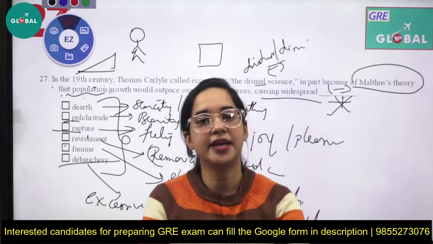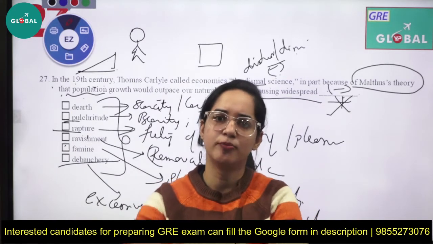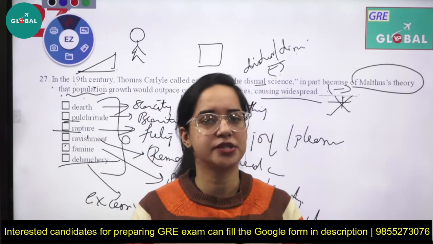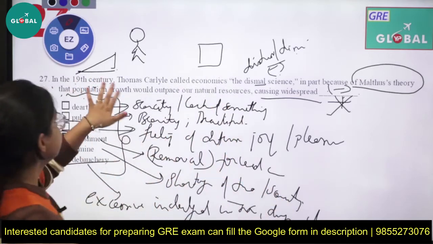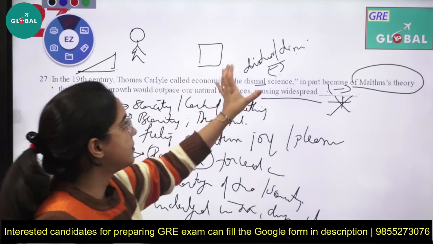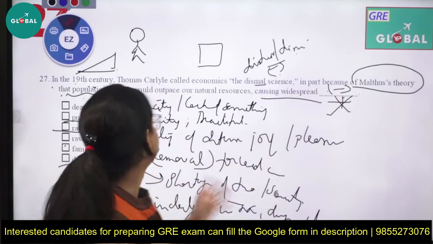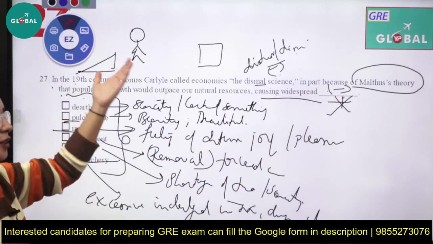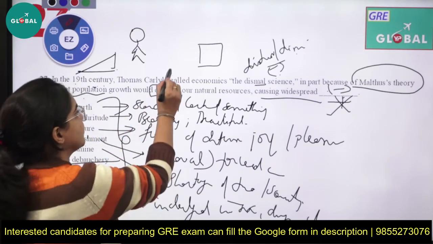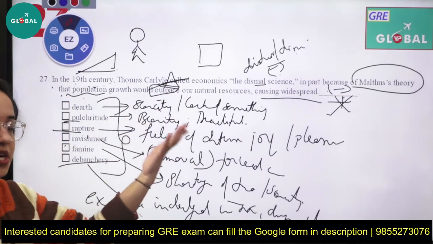हम बात कर रहे थे कि एक 19th सेंचुरी में, लेट्स मूव बैक टू द सेंटेंस नाउ, हमारे पास 6 ऑप्शन थे जो मैंने आपको बताए कि 19th सेंचुरी में थॉमस कैरल नाम का एक पर्सन था जिसने इकोनॉमिक्स को डिसमल साइंस बोला, ठीक है, और उसने बोला मेल्थस की थ्योरी पे बेस्ड पे दैट पॉपुलेशन ज्यादा हो जाएगी तो आउटपेस, दिस इज अ स्टार ऑफ द सेंटेंस, क्योंकि इसकी वजह से ही सारी की सारी चीजों को बोला जा